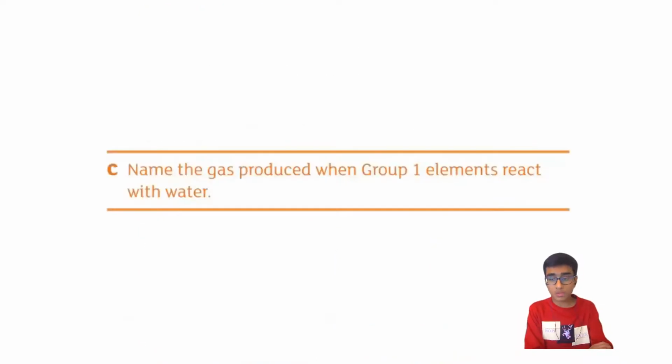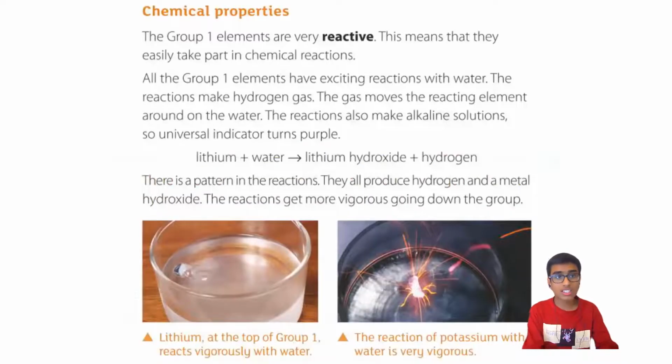So here are the chemical properties. So the group 1 elements are very reactive. This means that they can easily take part in chemical reactions. So all the group 1 elements have exciting reactions with water, especially the elements that are on the top of the periodic table. So from lithium, and then rubidium will have the least reaction